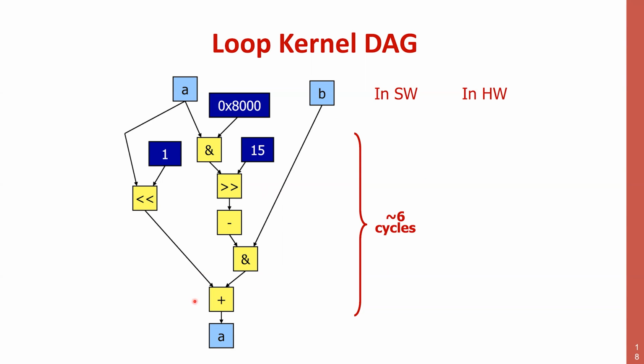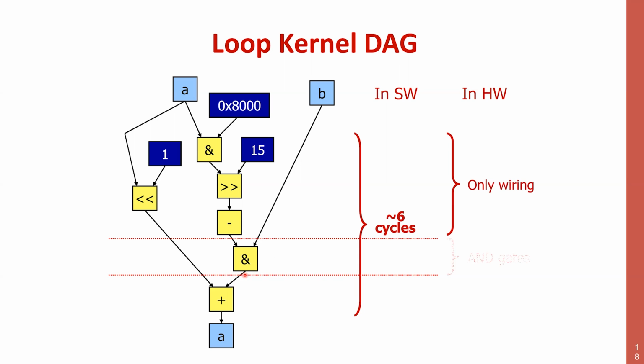Well, I need exactly one cycle here, because it's exactly the same reason why I needed a cycle in the software version. And I need a little bit more here. It's a very little bit more, right? Because this is an operation that is O(1), doesn't depend on the number of bits that I have. So it's either 1 or 2 cycles that I have to spend for this and nothing else here. So it is between 3 and 6 times faster than it used to be in software,